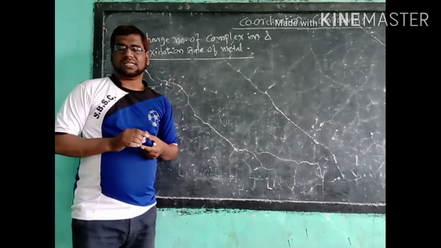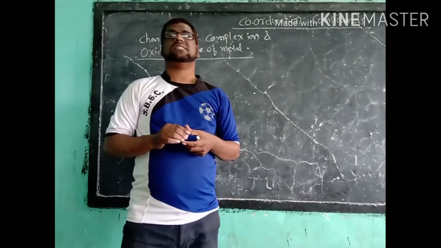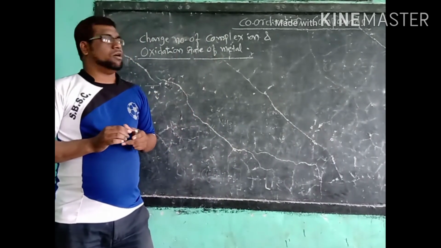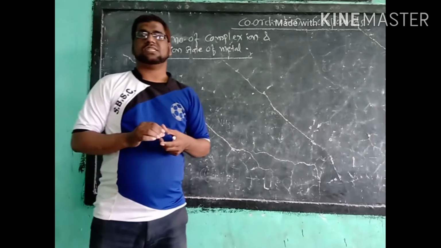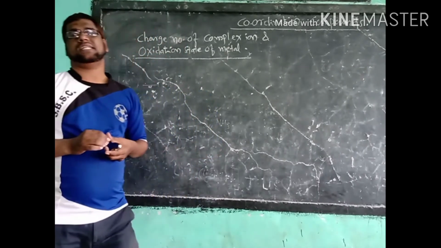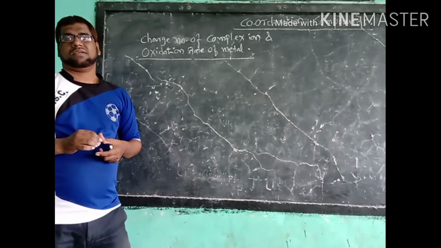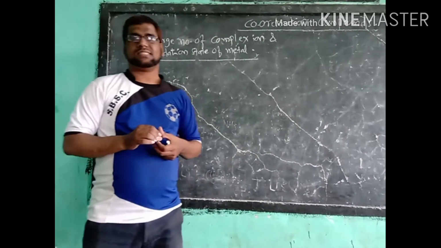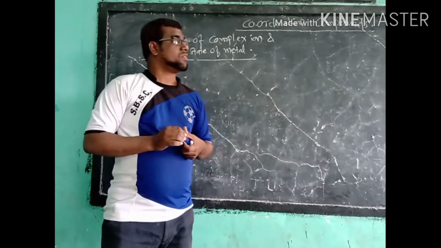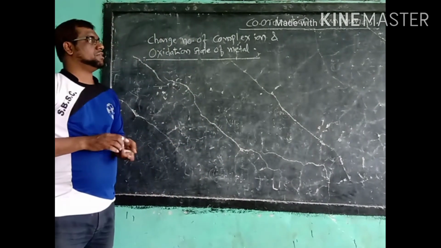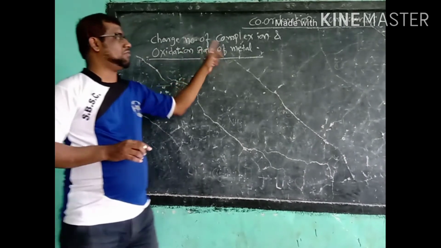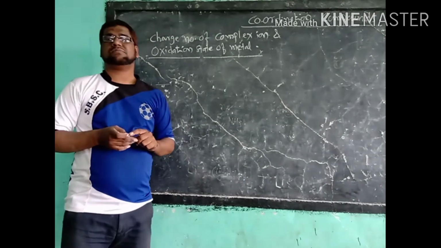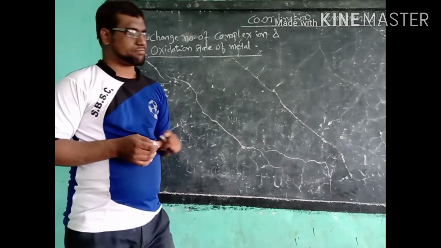In the last year in 11th class you studied how to calculate the oxidation state of various elements in a given compound. That is, you studied it in 11th class redox reactions. But in this complex compound you have to calculate the oxidation state of the metal by adding the charge present on the ligand.